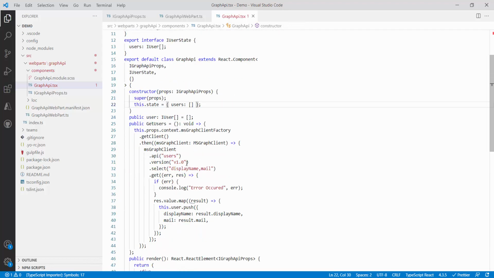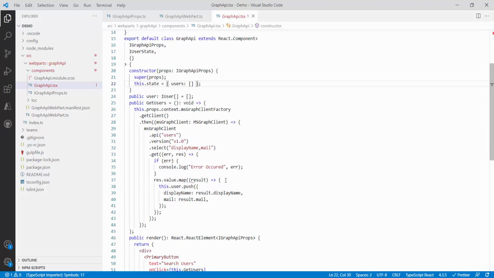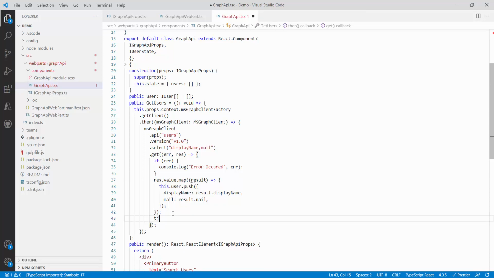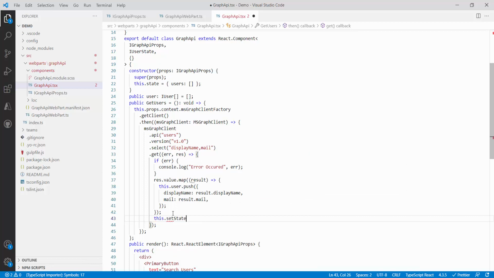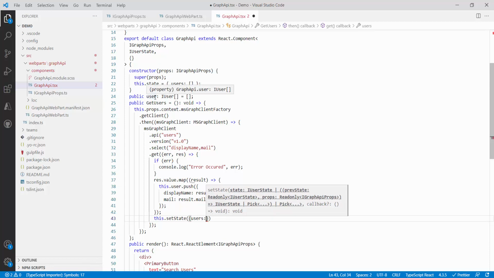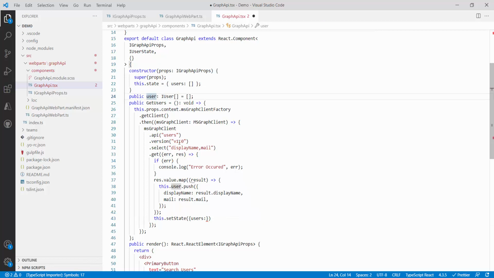Everything is done. At last, I have to assign this value to the state. So at the end of this method, once we come out of this, I will say this.setState, and I will say users colon, and I have created this user over here also. Just to avoid some confusion, let me rename it.